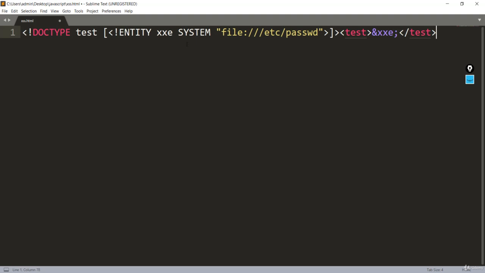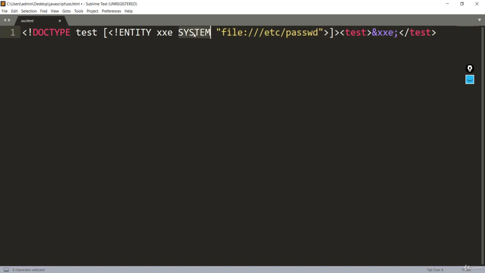The most important thing over here is this SYSTEM keyword. The SYSTEM keyword tells the XML parser that it wants to fetch this file from the server. We have already said in the theory section in the early lecture of this section that if we want to extract something from a remote or local file, then we make use of the XML parser.